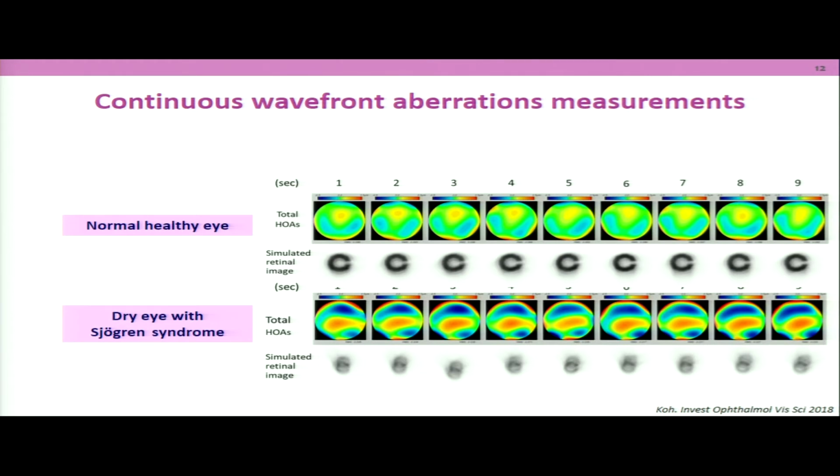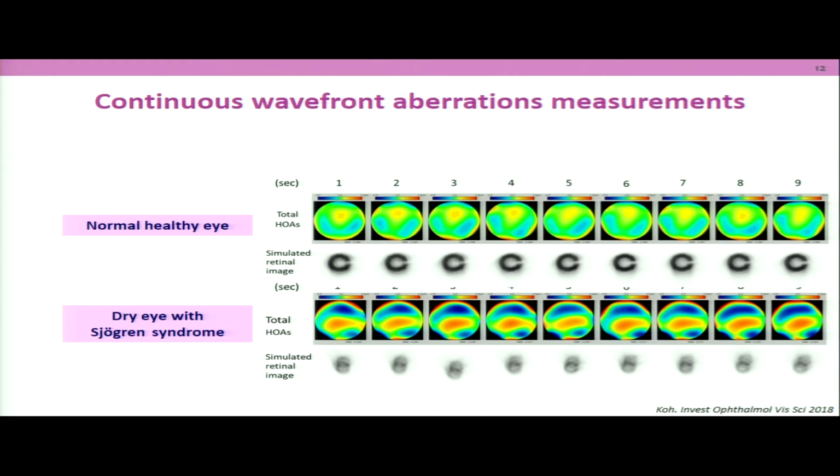So previously we developed a device to measure the wavefront aberration continuously. These are the images from a normal eye and a dry eye with Sjogren syndrome. We measure the wavefront aberration every second for 10 seconds. If you look at the normal eye, you can see the stable wavefront aberration map, and also the simulated